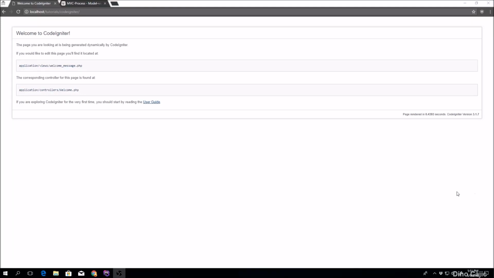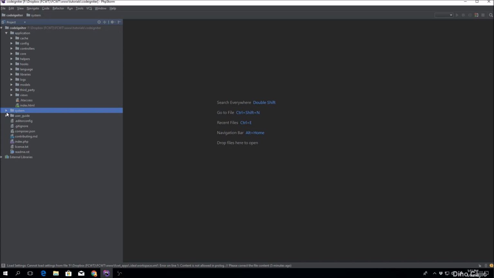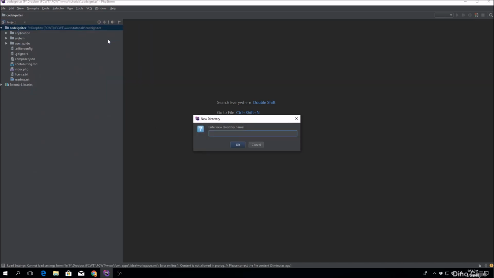So the next part is to introduce you guys to the layout of CodeIgniter right here. The primary folders that you're going to be working with are located within the application directory right here. For the most part, you will not be using the system directory. The only other directory that we're going to be using most of the time is called assets, and that's where you would put all of your CSS files,